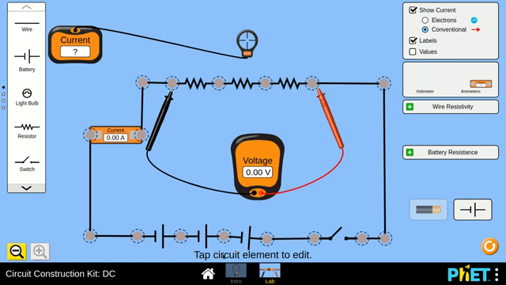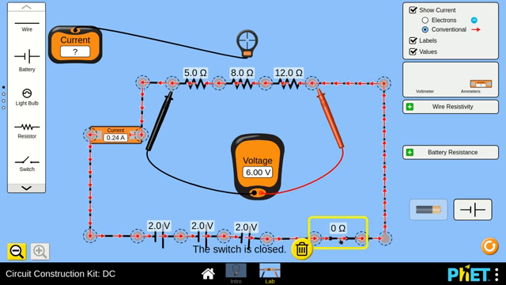The combination of the three cells is called a battery, and there is a switch, a voltmeter across the ends of the three resistors, and an ammeter connected in series to the circuit. Suppose we give values to the three resistors as 5 ohm, 8 ohm and 12 ohm, and the three cells used here are 2 volt each. When you switch this circuit on, you can see the flow of current from the positive terminal of the cell to the negative terminal, that is the conventional flow of the current.